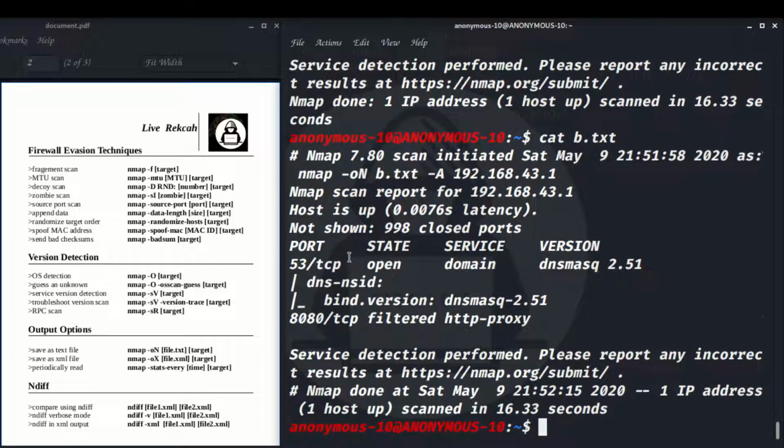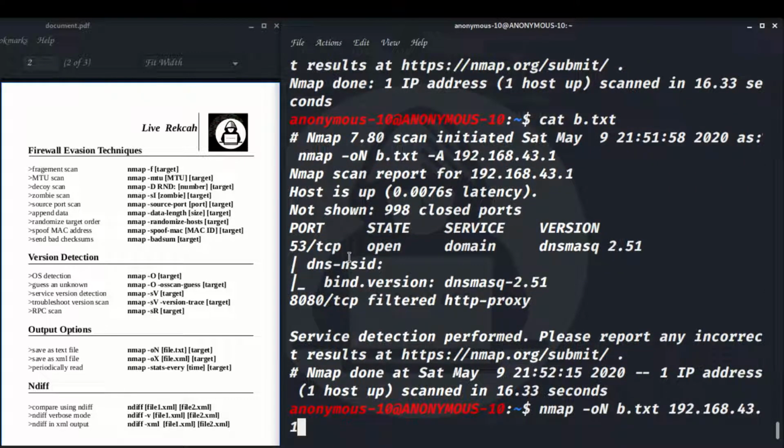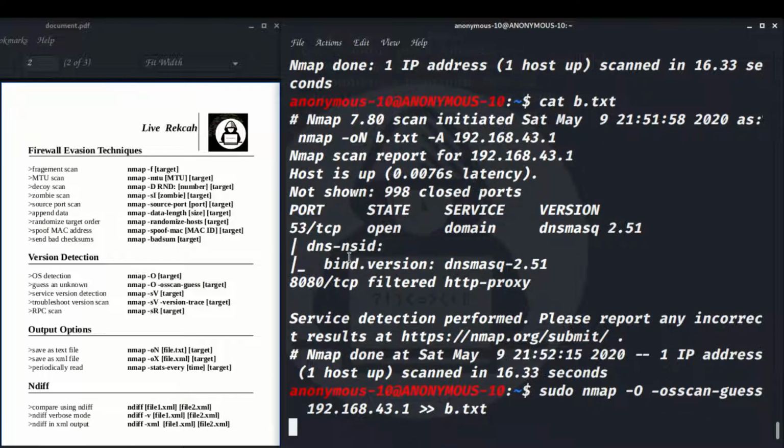But if you don't want to confuse us with your command, let's use like this. What we have used here is the nmap OS scan, as I have taught you. Use this symbol, the redirect, to put this into a file called b.txt. This is very useful if you don't want to confuse with the nmap command.